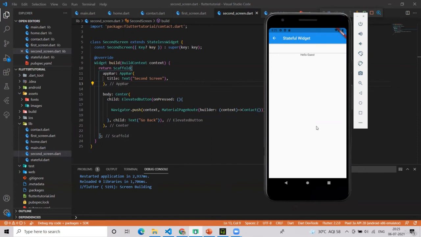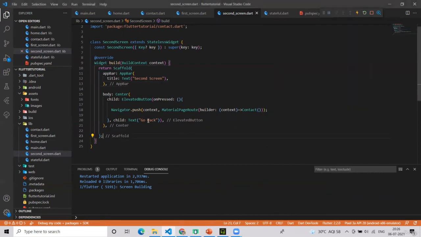And now in the stack, there are three screens, one above another. So when I go back here, the second screen will come and the contact screen is popped out from the stack. And now if I go back here again, then the first screen is here.